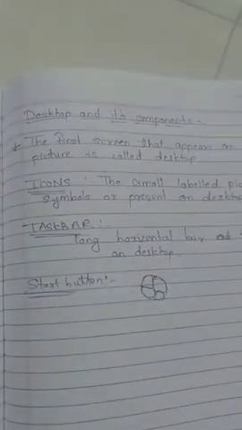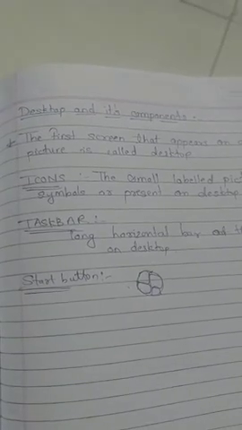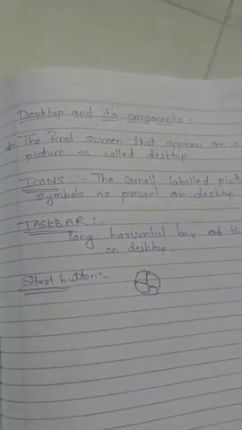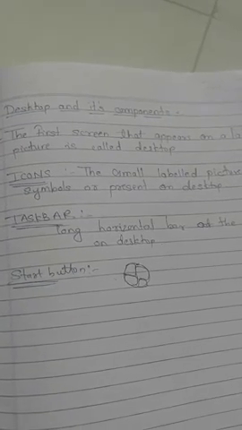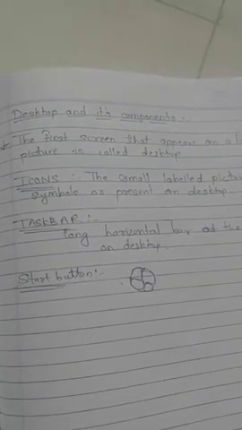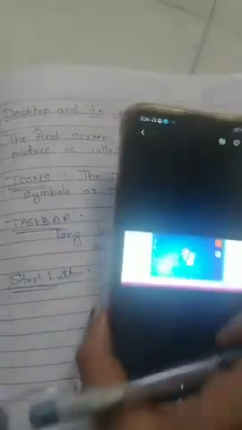The next topic is desktop and its components. What is meant by desktop? Desktop means the first screen which appears when the computer is switched on. That is known as desktop.